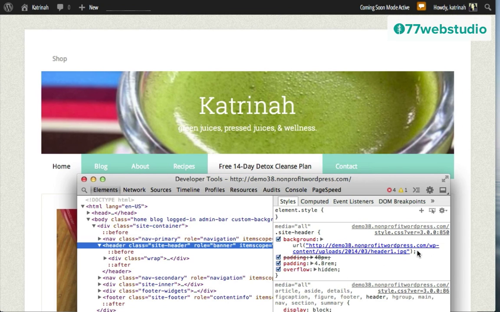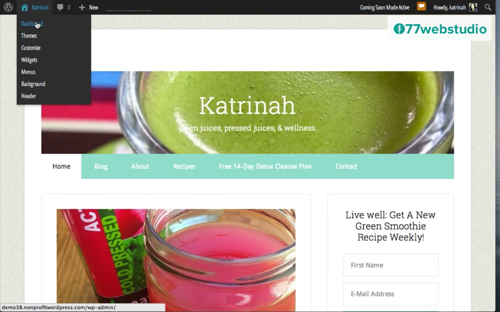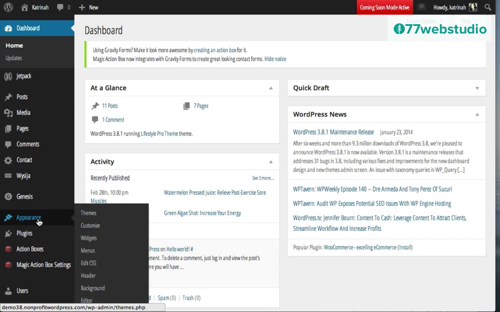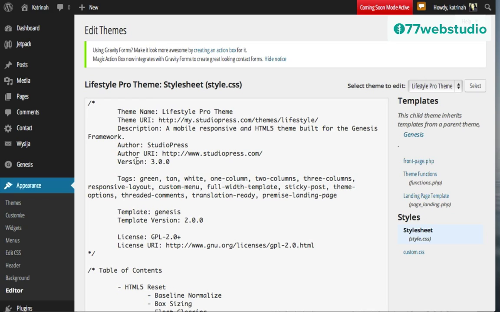So next I'm going to copy all of this code that I just created. I'm going to highlight it and copy it, and then I'm going to add it to my custom style sheet. So going back to my custom style sheet, I'm going to click on Dashboard. Then I'm going to scroll down to Appearance and click on Editor. And here in the Edit Themes panel, we can see that we have two different styles. The original child theme style sheet right here, which I'm not going to touch. I'm going to leave that as it is, and instead I'm going to add all of my custom styles to the custom.css file so that the changes will be safely added, and if any updates are added to the Lifestyle Pro theme, then our customizations will not be lost.